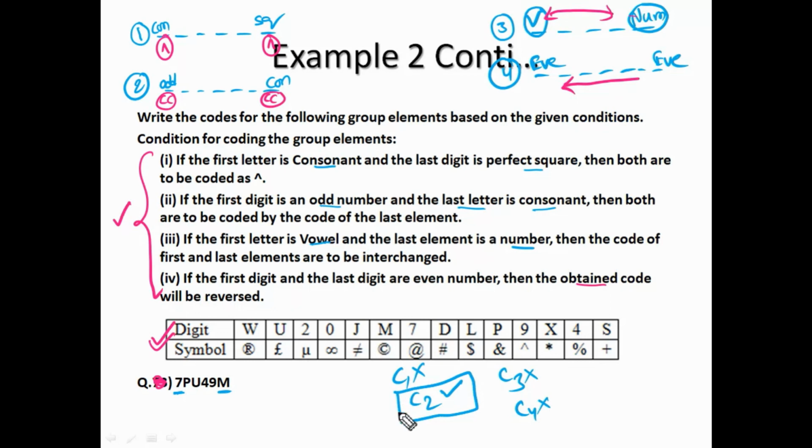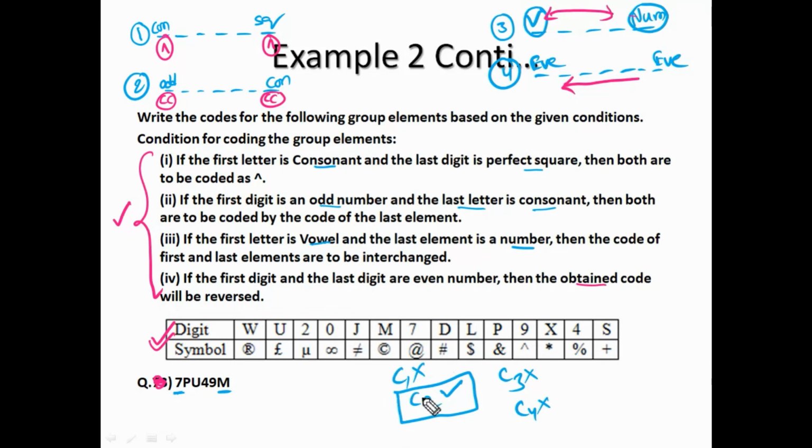And see one more thing here. Is there any condition overlapping possible? According to these conditions, for any particular question, can more than one condition follow? No, it is not possible because in the first place, consonant means nowhere else is it a consonant. Again, in the first place an odd number means nowhere else is it an odd number. First place vowel means no other condition with a vowel, right? So if one condition follows, compulsorily all the remaining conditions will fail.